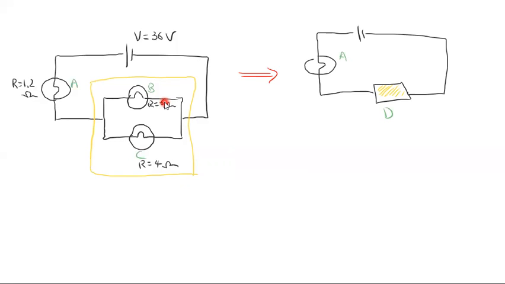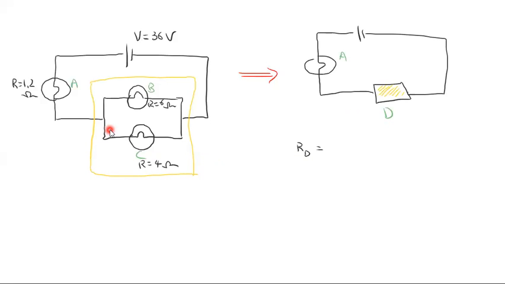Got it? Yeah. So if you think of D as the whole thing I've put together in yellow as one thing, then it's quite clear that you now have a series circuit, if I think of this as just one thing. But if you look at this by itself, is this a series or parallel circuit? Parallel. Right. So how do I work out the resistance of a parallel circuit? So it's reciprocal. Right. So really, D is just a parallel circuit, right? So I can work out the resistance of D